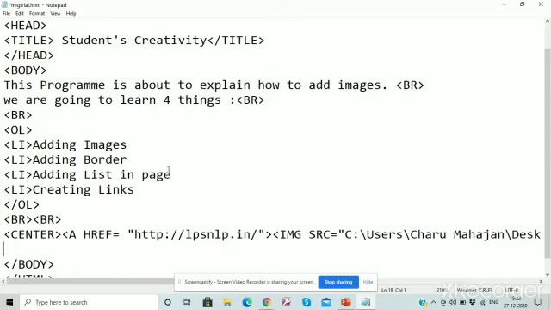If I don't want to use this image as a link, then I can write it separately. Whatever thing we want to make a link, we have to write the anchor and hyper reference command before that. Now we close the anchor command as well as the center tag.